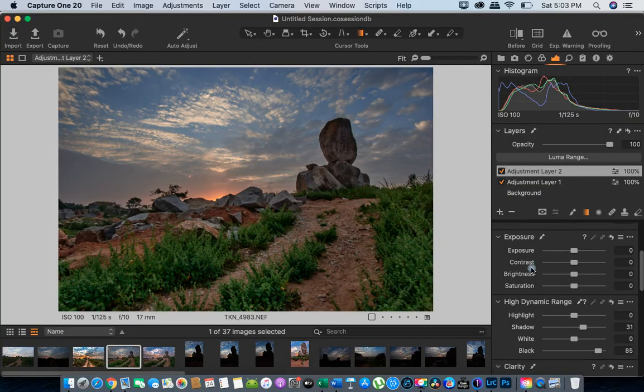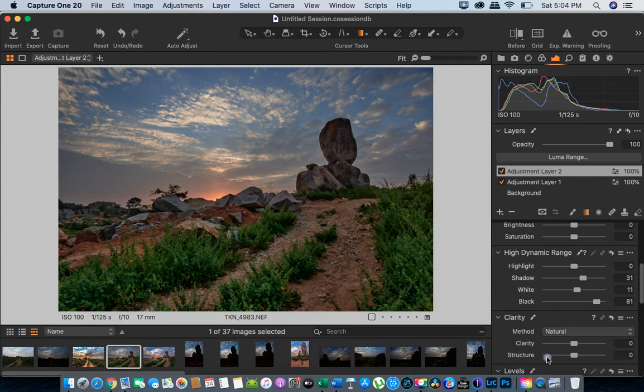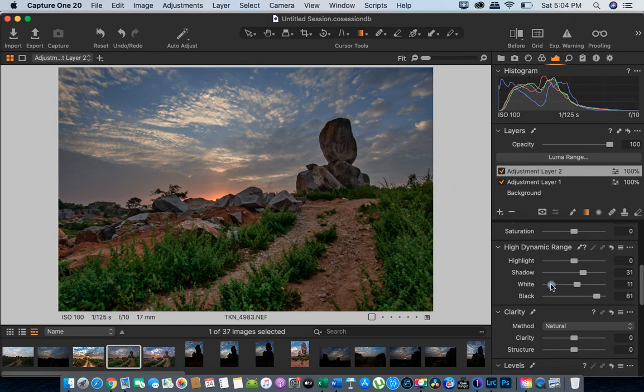But in Capture One, if I lift the blacks, it still has retained quite nice, significant contrast in the image. So that is a significant difference for me which I found in Capture One, that you have the ability to edit every single setting locally. What I mean by locally is that you edit only the part that you want to select.